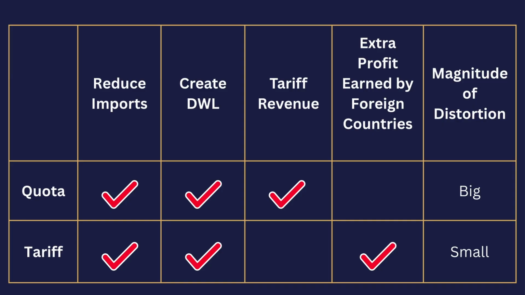In terms of market efficiency, a tariff changes the price, so the market can still adjust the import quantity naturally. Because of that, the distortion is smaller. A quota, on the other hand, fixes the import quantity. It's a very rigid restriction, so the price usually goes up even more compared to a tariff. When you add quota rent on top of that, the total deadweight loss becomes bigger. So basically, tariffs distort the market less and give the government revenue, while quotas create bigger distortion and no revenue.